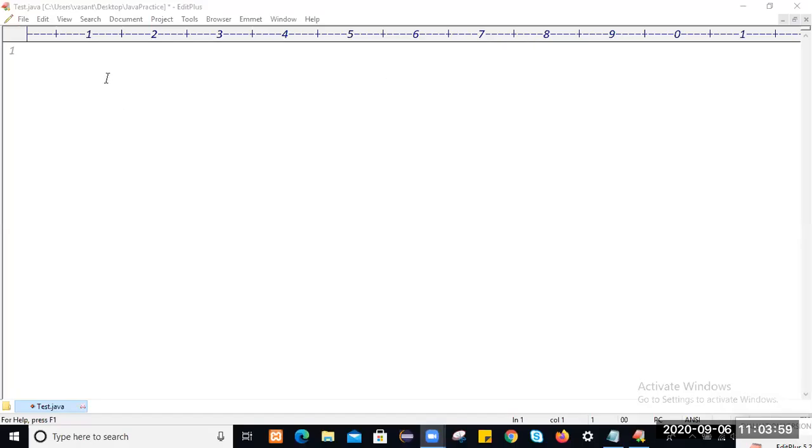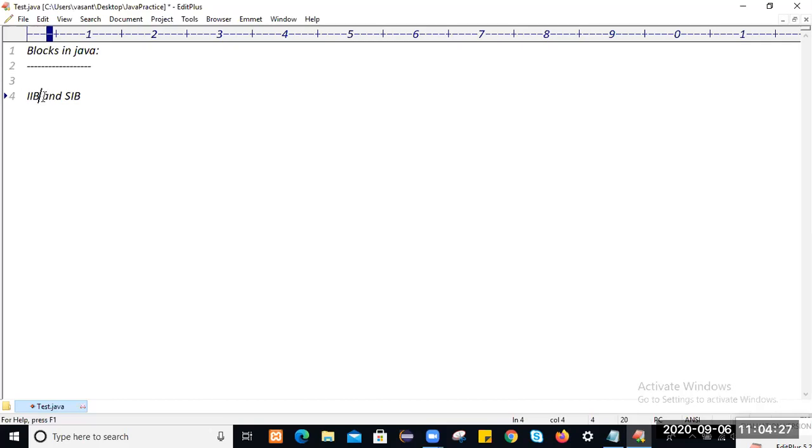So in the last session, we have discussed variable, method, as well as constructor also. In that, we have discussed this keyword also. In this session, we will discuss what are the blocks in Java. We have two kinds of block, that is called IIB block and SIB block. IIB is nothing but instance initializer block, and SIB is nothing but static initializer block.